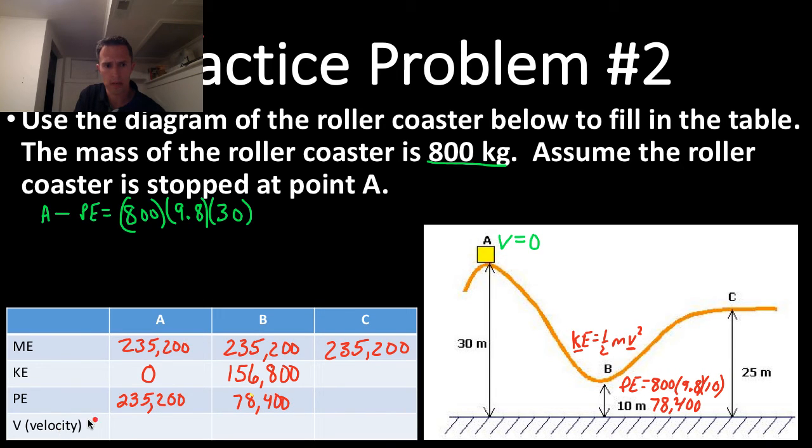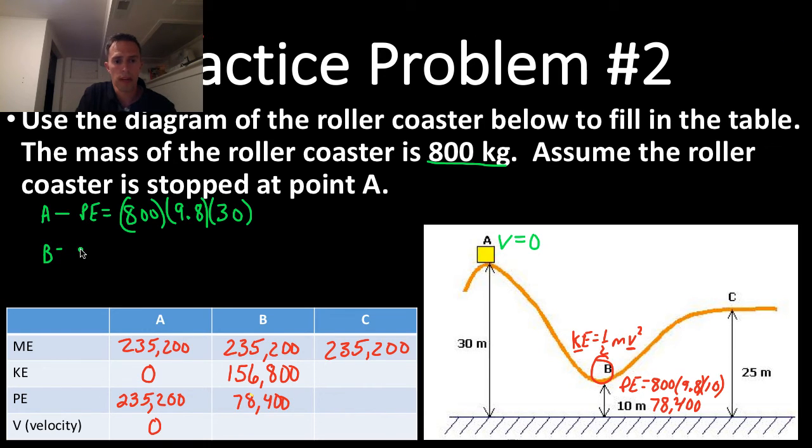Okay, and so we are forgetting to figure out the velocity here. At point A, its velocity was 0. Now let's figure out what its velocity will be at point B. We want to know what its velocity is, so I'm going to come back down here and work this problem. At point B,